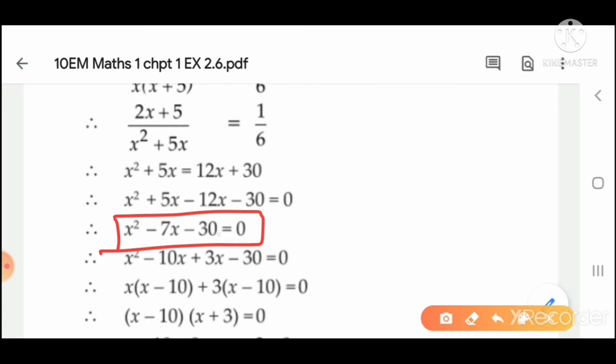Now what you have to do, multiply the last term with the first term, that is 30 into 1 becomes 30. Now you have to find two numbers such that when you multiply you get 30, and when you subtract you get 7. What are those numbers? That is 10 and 3, because 10 3s are 30, 10 minus 3 is 7. So I got,